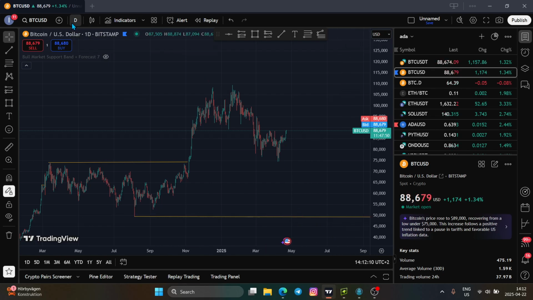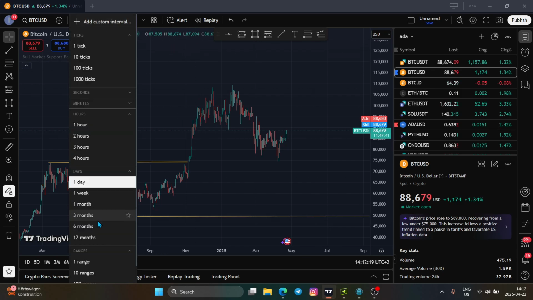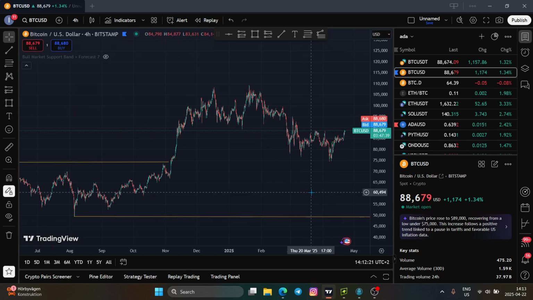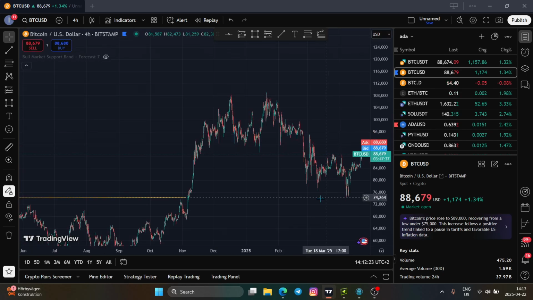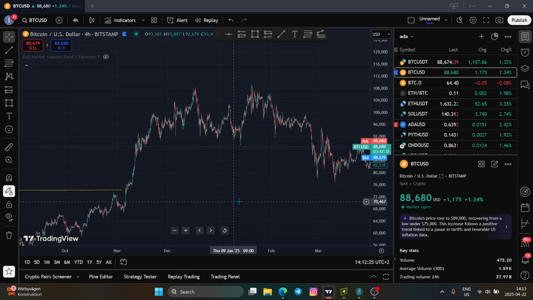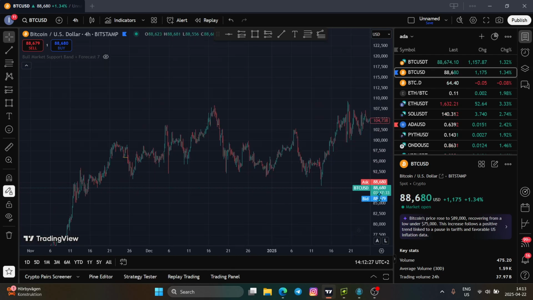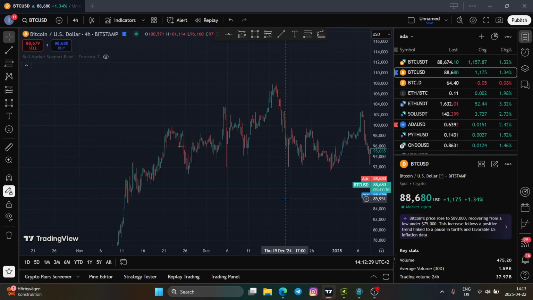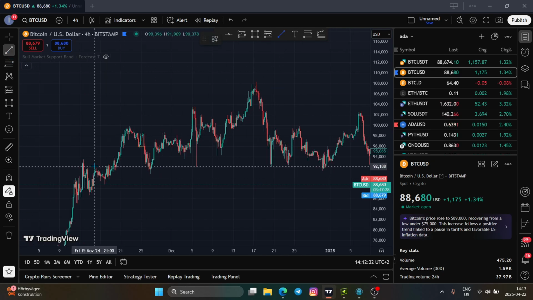This is a daily chart, so we cannot wait till it breaks 49,000 to take profit. So it's best to go through the 4 hour charts. This is a 4 hour chart, and then you will be able to identify the higher highs and higher lows. So you can see it here. If you zoom it in, Bitcoin made a high here,